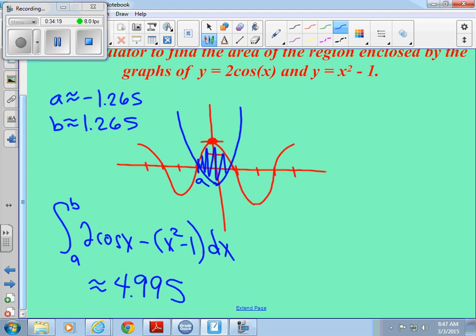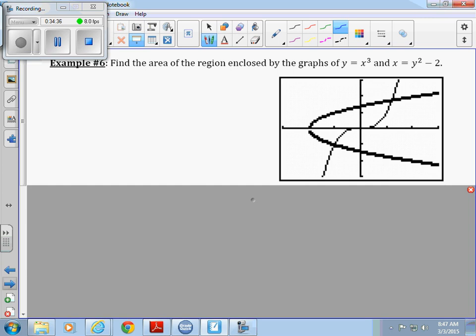Abby, did you catch up with the whole top minus bottom thing? Okay, so to find the area between two curves, you do the top curve, which is 2 cosine of x, minus the bottom curve, and integrate from intersection to intersection. Okay, so if I were to want to find the area enclosed by these two graphs,